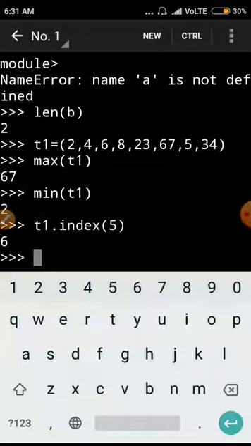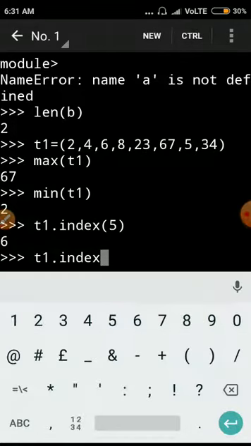And if the value is not there, suppose here I write 5, but 5 is not in my tuple, it will give an error. So I will show you again. We take one element from the tuple and find out the index value of that particular element.